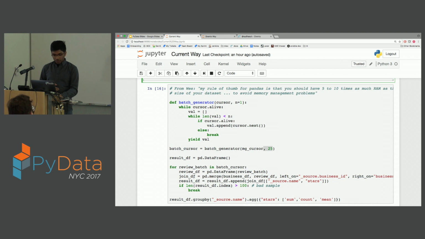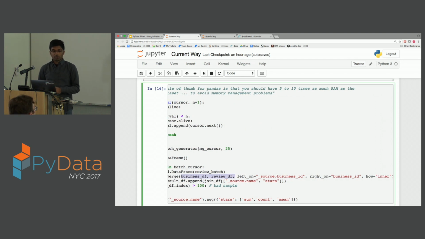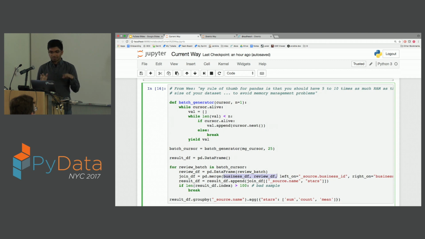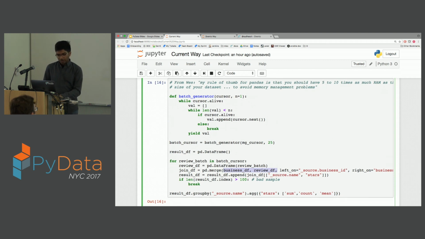Now let's do the actual join, right? The join is between the business data, on that table we saw business ID. On this table we also saw business ID, and we're going to do an inner join. It's a type of join. All right. So now we need to match the business IDs in these reviews that are streaming in, in a way, against the businesses that we have in memory. So we are going to use Pandas, which has a nice merge function that does the join